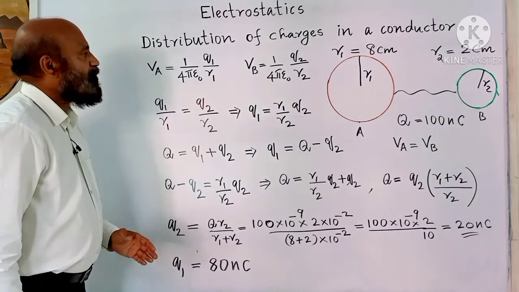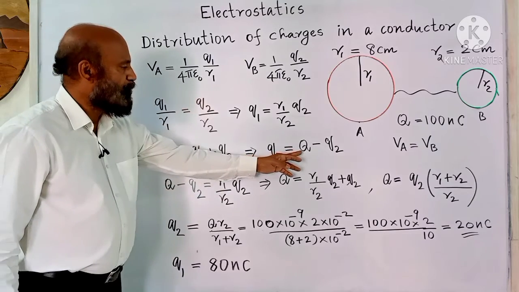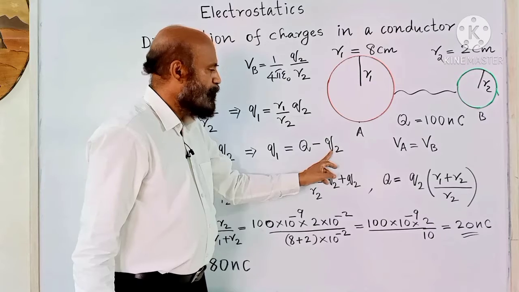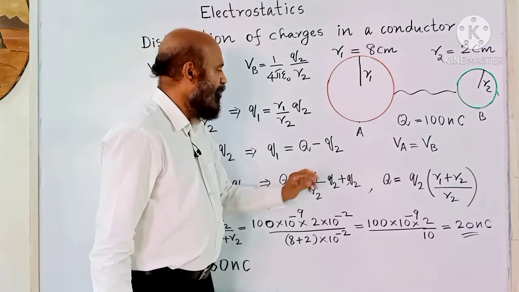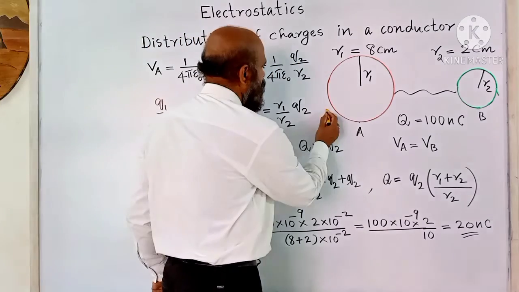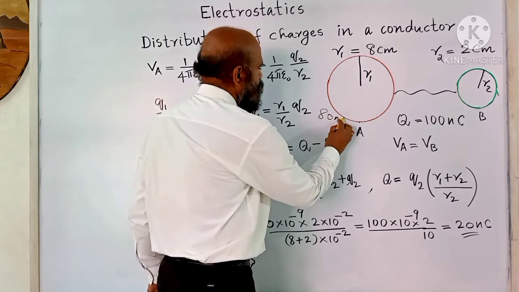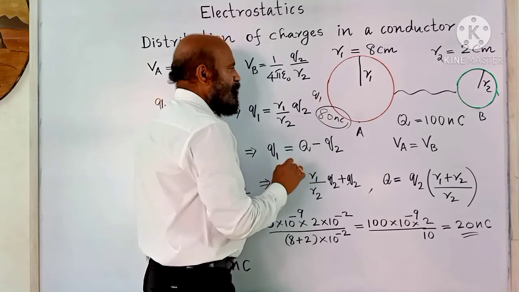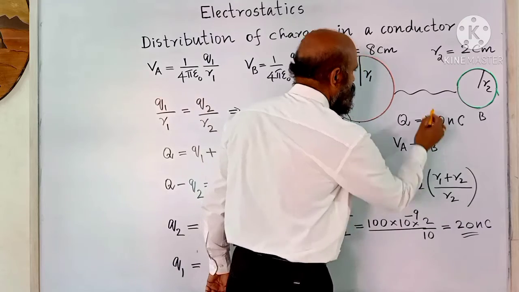So you can get the charge on the first sphere from this. Q, total charge 100, charge on the second sphere 20, 100 minus 20, 80 nanocoulomb. So charge on the first sphere is 80 nanocoulomb. This is Q1. Charge on the second sphere Q2,